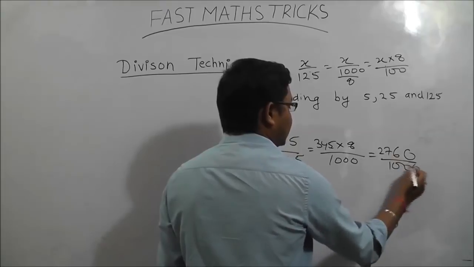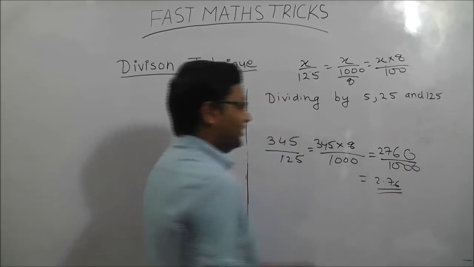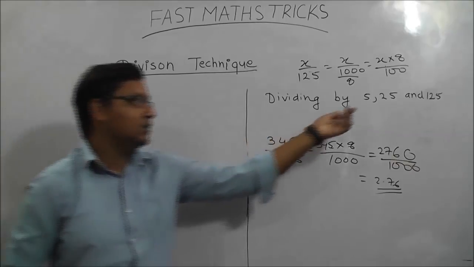2760 upon 1000, so 2.76. In this way you can divide any number by 5, 25 and